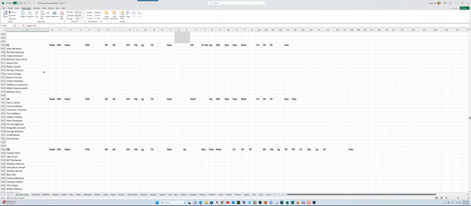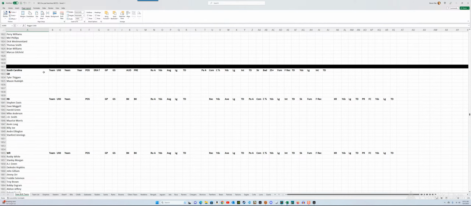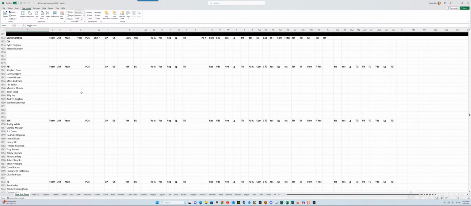Louisiana, again, that's going to be a deep one. Let's take a look at South Carolina. South Carolina has got some players. Here's where they struggle at quarterback. You're down to Tyler Thigpen and Mason Rudolph. That is it. So in my brain, I'm thinking, do I combine them and have the Carolinas? Well, no. Let's let them stand apart